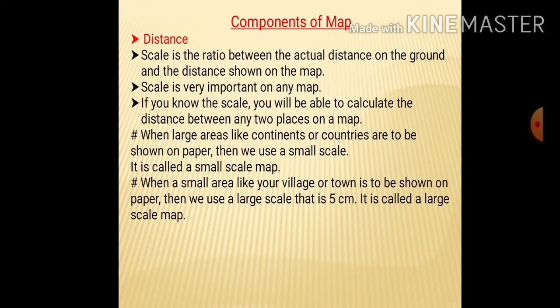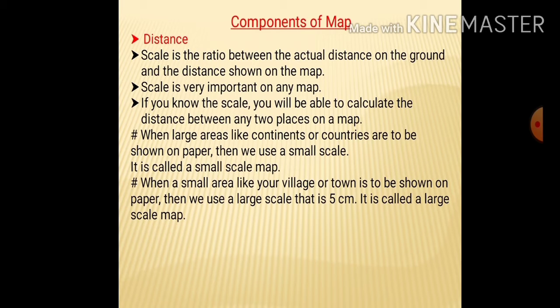Then how can we read the map? What are the components? Three important components are used in a map, which is important whether any language is unknown to you. If you know the components of a map, you can read any language maps and you can get to the place, your destination, with the help of that map, even if you don't know the language which is written on the map.